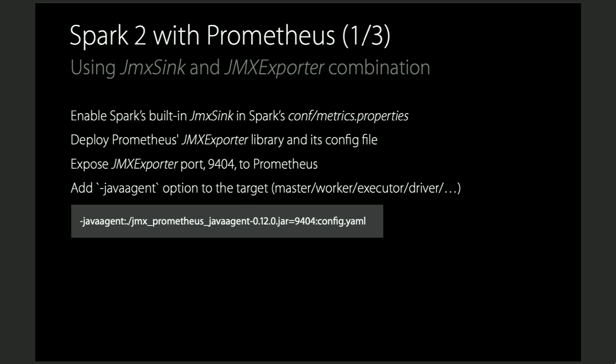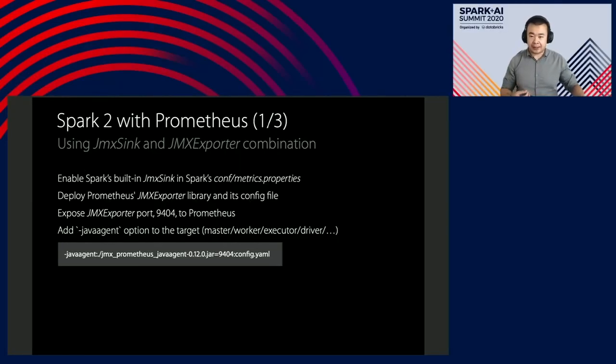So in Spark 2.4, we have 3 ways to use Prometheus. The first one is using JMX, Java Management Extensions, by enabling Spark's built-in JMXSink. The Prometheus JMX exporter jar and its configuration file have to be added into your application jar. And then the JMX exporter port has to be exposed, and the Java agent option has to be added into the driver and executors. The downside of doing this is that it requires an extra jar file, and also the deployment model has